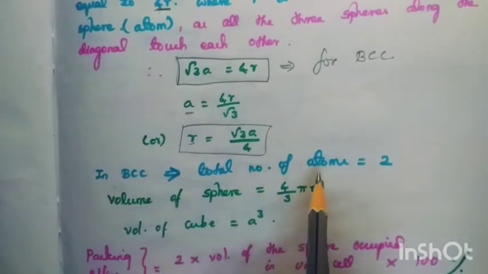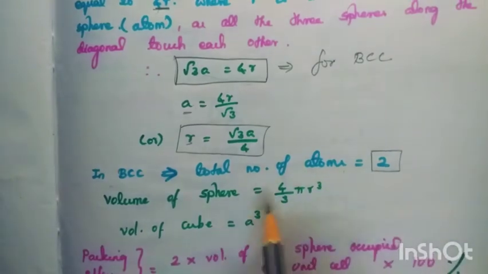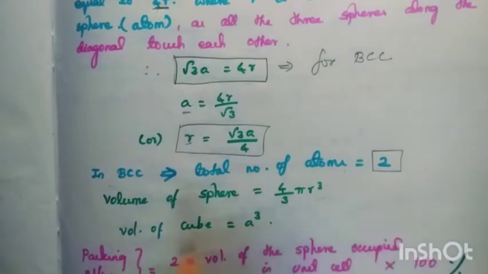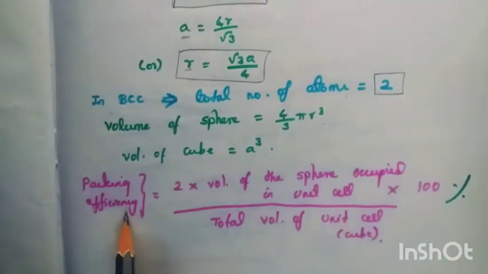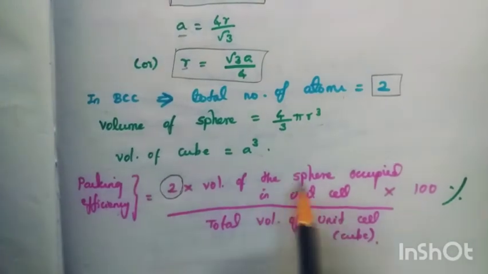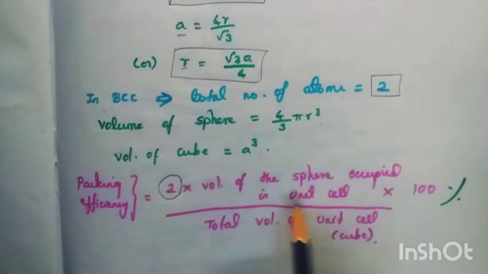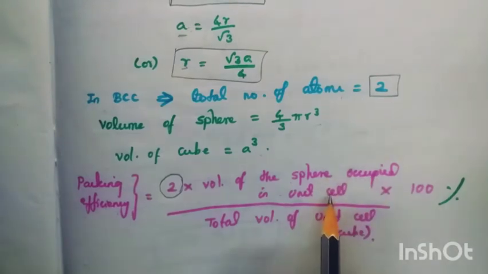In BCC, the total number of atoms per unit cell is 2. Volume of the sphere is 4/3 pi r cube. Volume of the cube is a cube. What is the formula for packing efficiency? Packing efficiency is the number of atoms per unit cell in BCC into the volume of the sphere occupied in the unit cell,